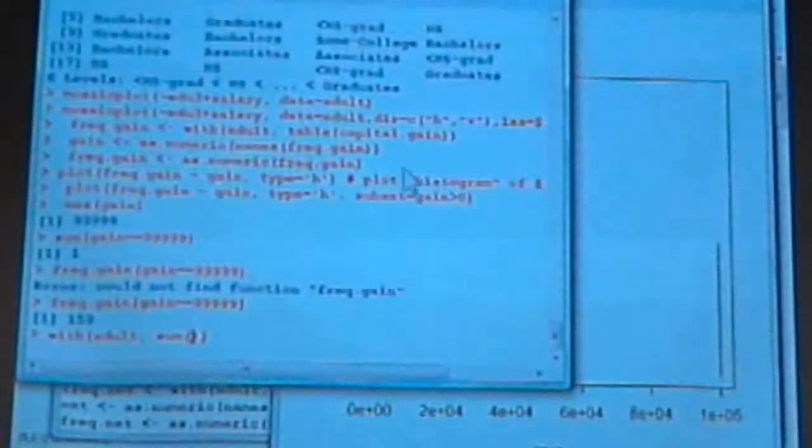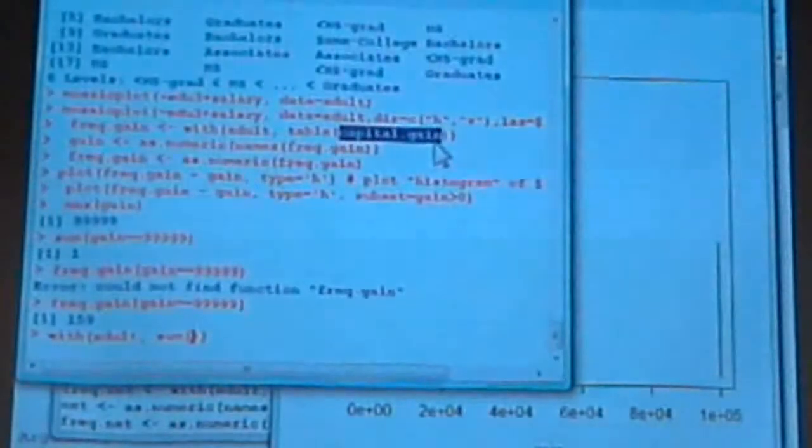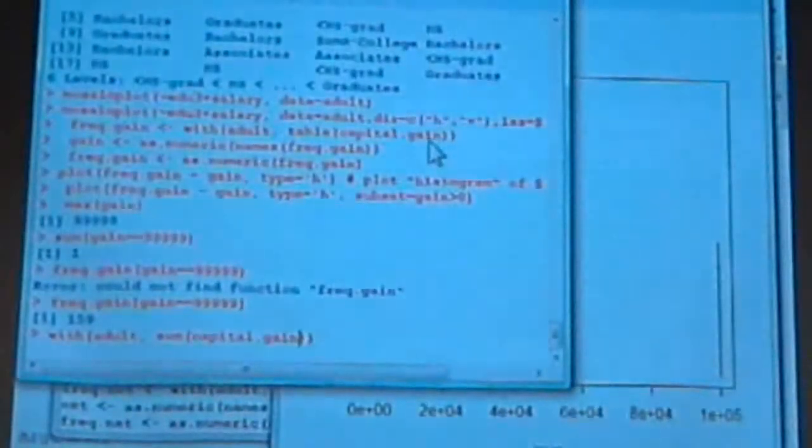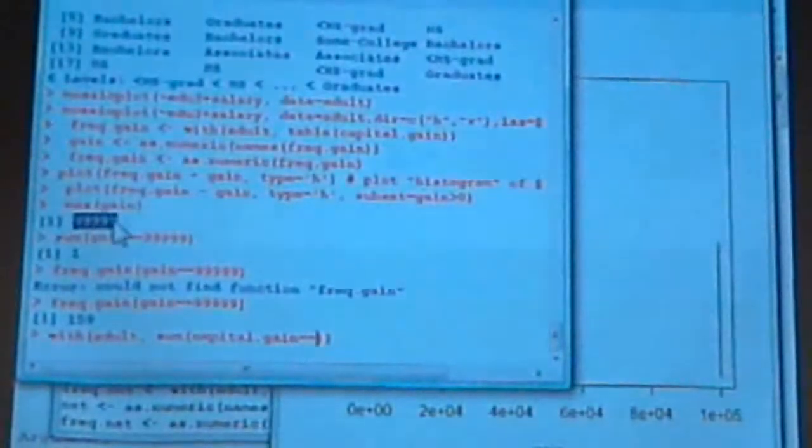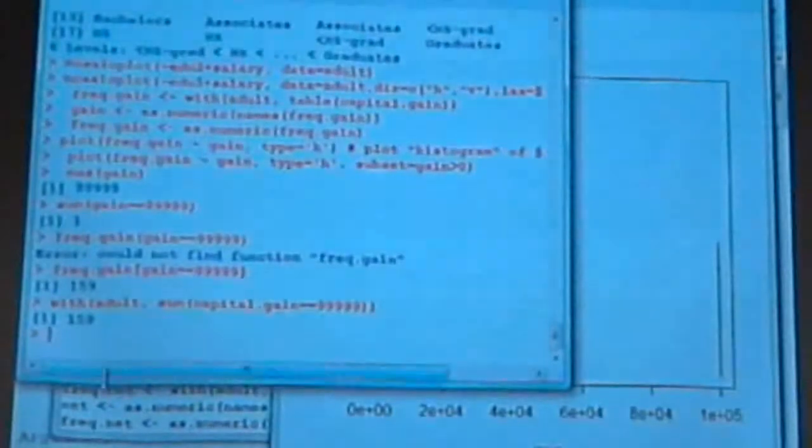Can you look at this capital gain for this number? So, yeah, I already calculated the frequency. Yeah, original data. This many. 159 counts of this 99,000. This is probably more likely to be 100,000 or more. So that's why here,